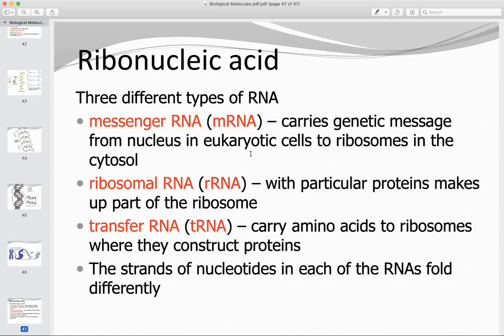We'll go into a little bit more detail about that in another chapter about transcription and translation, and how we take the information that's found in our DNA in order to make RNA, which is an intermediate molecule before we actually make proteins. All right, so I'm going to stop here. I know this was a lot of information, but I don't want you to feel overwhelmed. What I do want you to think about is